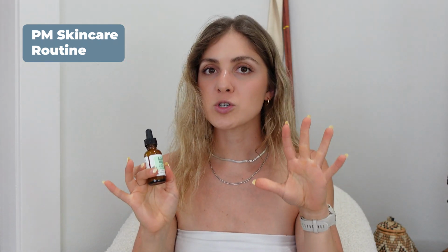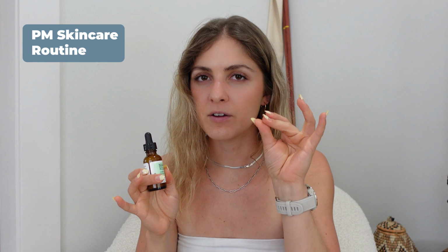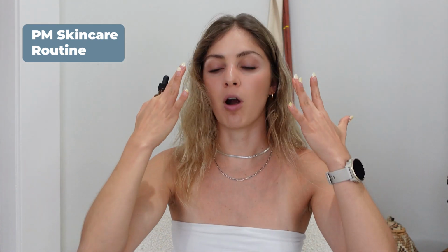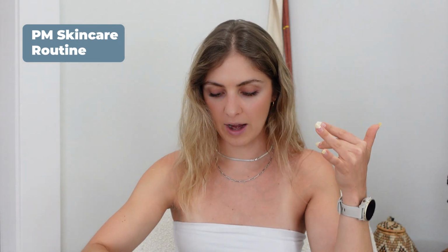You can get so much more out of your products if you just have a little bit of moisture, like water on your skin. Instead of using like 2 or 3 drops, you could use just 1 drop. So I always apply just a little bit of water to help move that product around and really just get all over everything. And then I finally close it off with moisturizer, like I talked about, and then just a